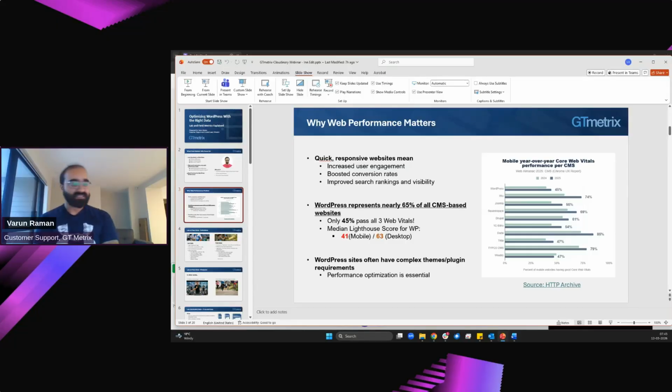for WordPress sites. If you look at the Lighthouse performance score, Lighthouse is the tool that Google uses, and it's their platform for measuring web performance. The median Lighthouse score for a WordPress site is only 41 on mobile and 63 on desktop. That is quite abysmal. Again, if you were to compare with other CMS, they do generally tend to do